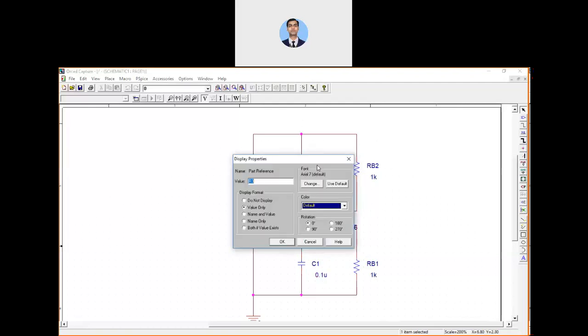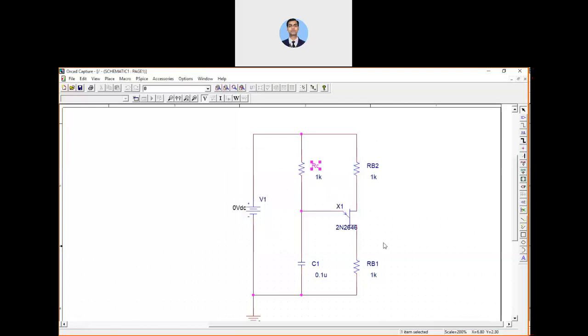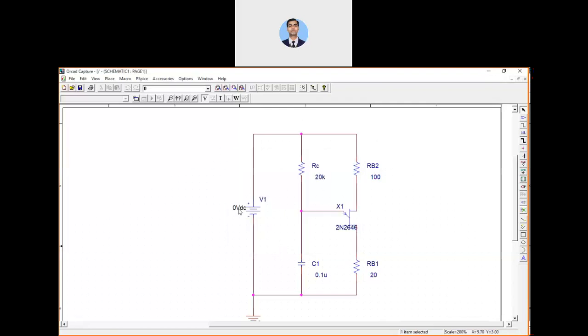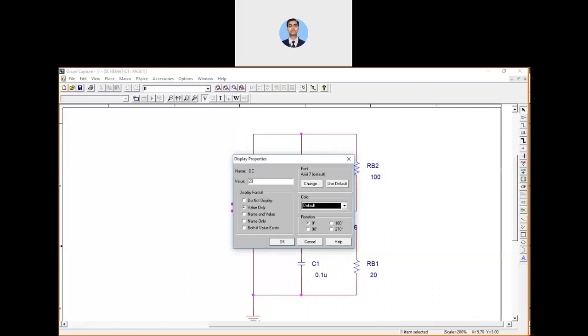You can also adjust these values as per the rating of the UJT, the requirement of the circuit and the time period you require. This time it is 20k. This is going to be 100 ohm. This is going to be 20 ohm simply. Here it is 20 volt DC. Okay, it is automatically a DC.